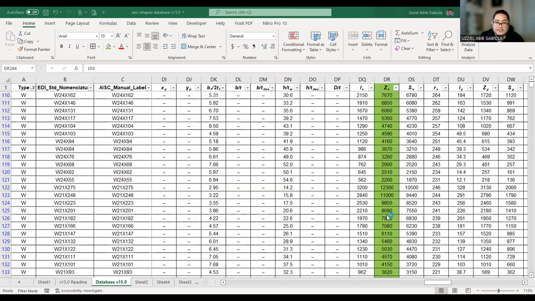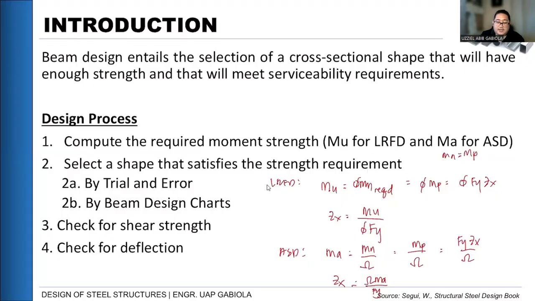Kung nakuha natin na less than nga siya doon sa ZX natin, pwede natin i-check ngayon yung section natin for shear and for deflection. So bakit tsaka mo lang siya i-check? Kasi based from other studies or other textbook, as far as that is concerned, kapag beam yung pinag-uusapan natin, flexure is always more critical than shear or yung ating deflection. So yung usual practice is to design muna for flexure and then tsaka mo na lang check for shear and